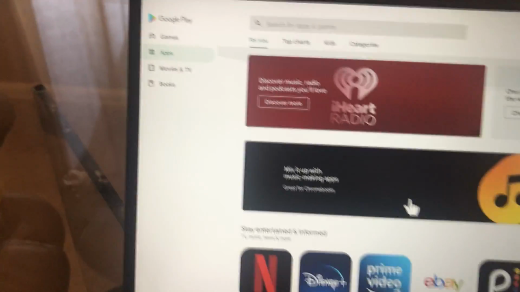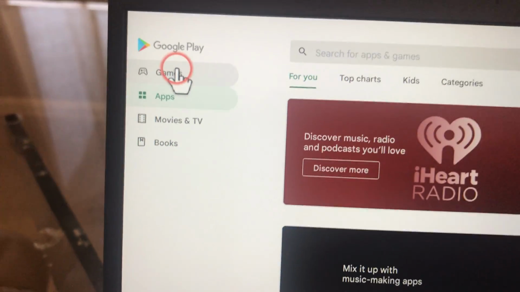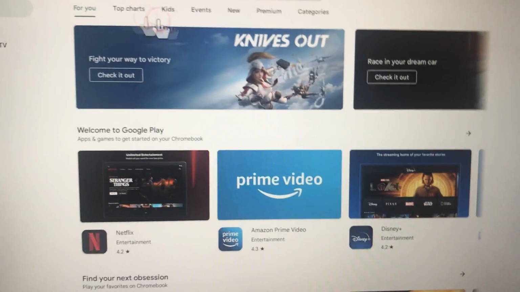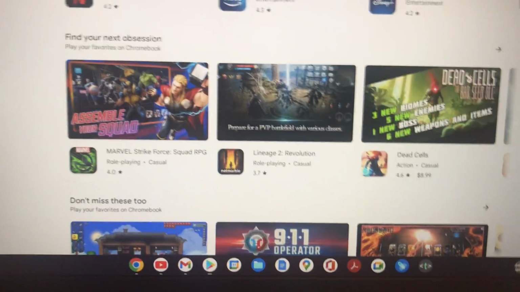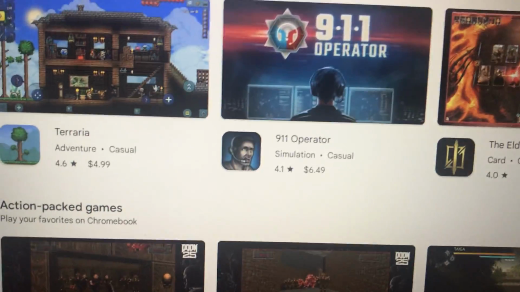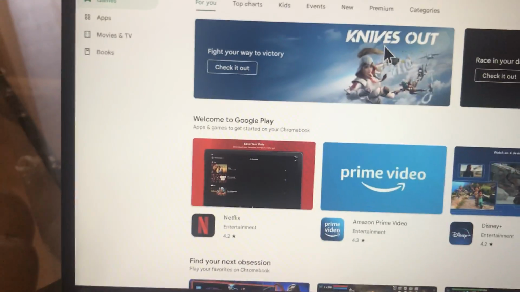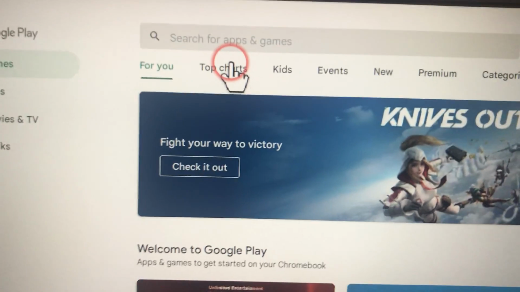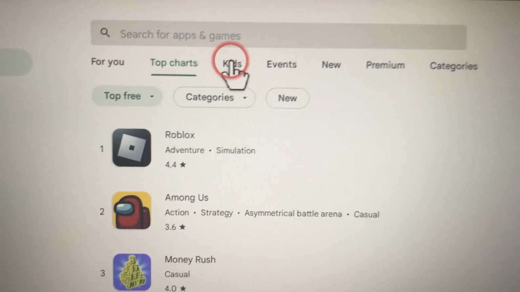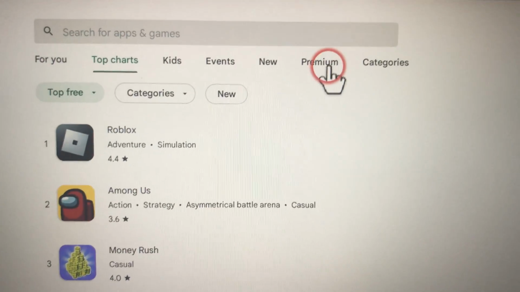You can browse through that. On the top left here, they've got actual games. So if you wanted to, you could download a game. Some are free, some you pay for, but that's all you do. And you can break them down into top of the charts or, for kids, that kind of stuff. Premium games, or categories,